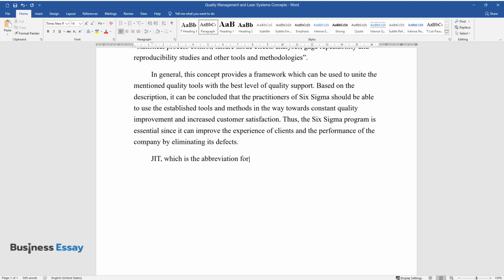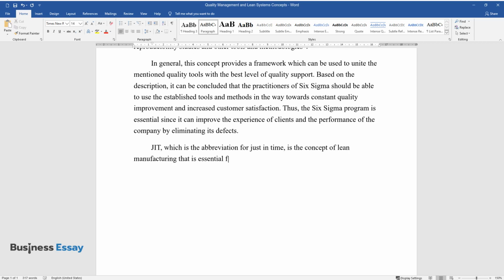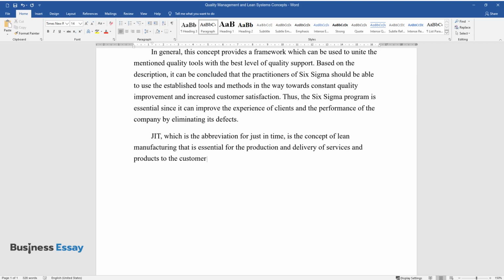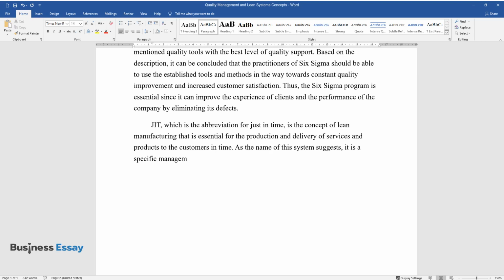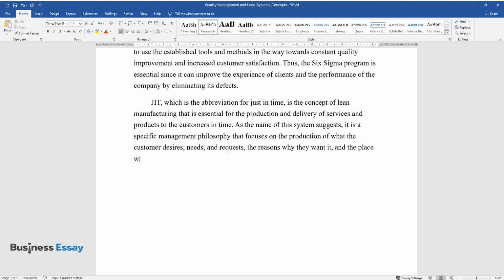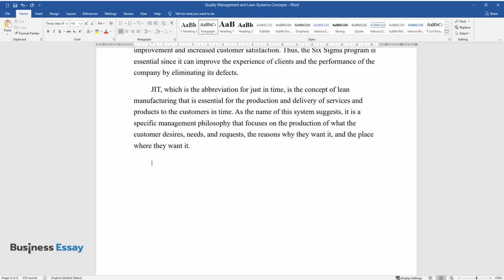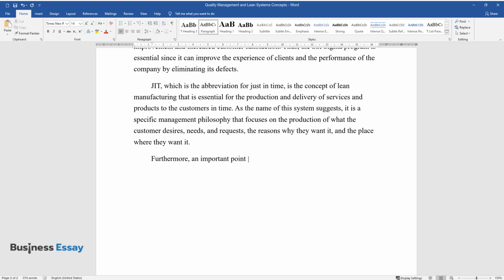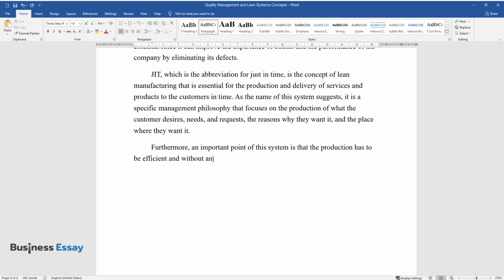JIT, which is the abbreviation for just-in-time, is the concept of lean manufacturing that is essential for the production and delivery of services and products to the customers in time. As the name of this system suggests, it is a specific management philosophy that focuses on the production of what the customer desires, needs, and requests, the reasons why they want it, and the place where they want it. Furthermore, an important point of this system is that the production has to be efficient and without any delays in